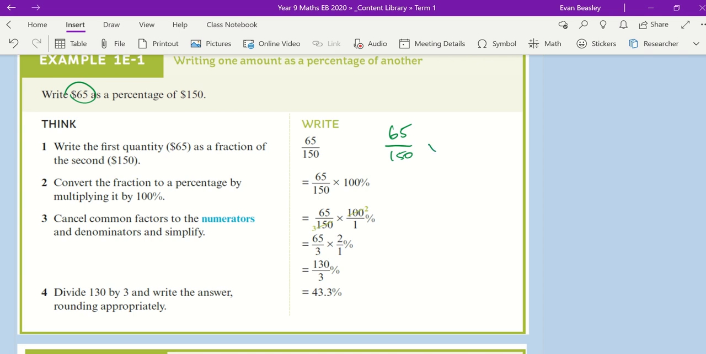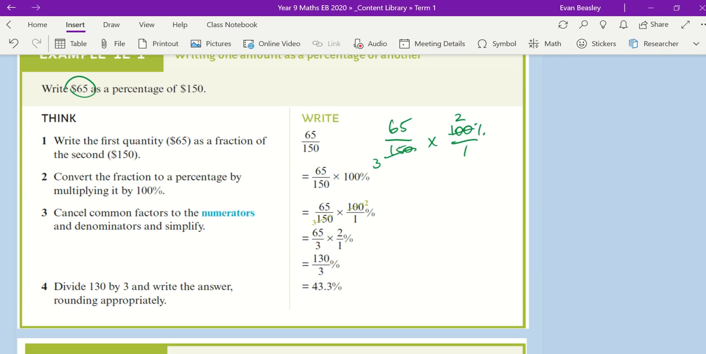Then we're going to see that this is called a fraction, and then we can convert it to a percentage by multiplying by 100%. And you can cancel out if you want. So remember, that's like saying 100 over 1. So your textbook is just saying, well, 50 goes into 150 3 times, 50 goes into 100 twice, 6 and 5 make 11, so no, can't be divisible by 3. So it's 65 over 3